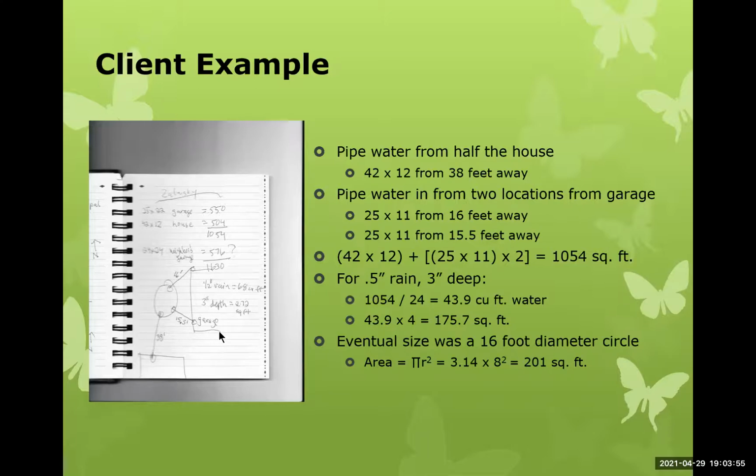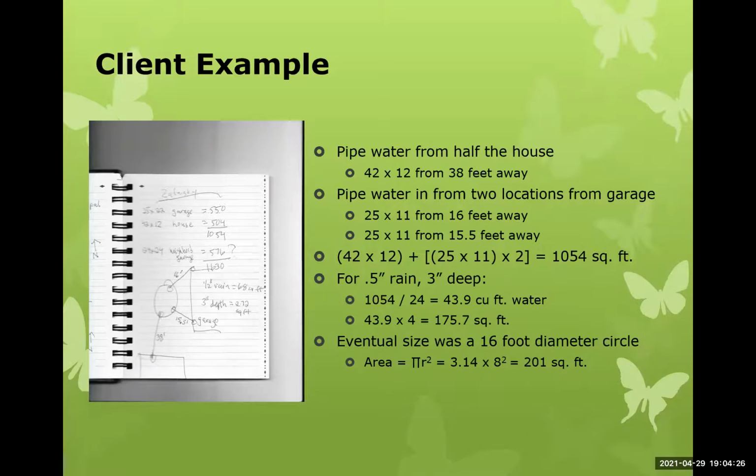So the first thing we need to do is figure out the volume of water coming off in a half-inch rain. So the house is 42 by 12. The garage, each half of the garage is 25 by 11, but there are 2 halves, so we multiply that by 2. So this area plus this area gives 1,054 square feet of roof surface. So for a half-inch rain, 3 inches deep,